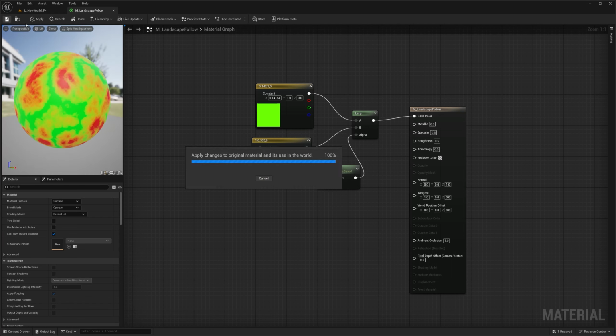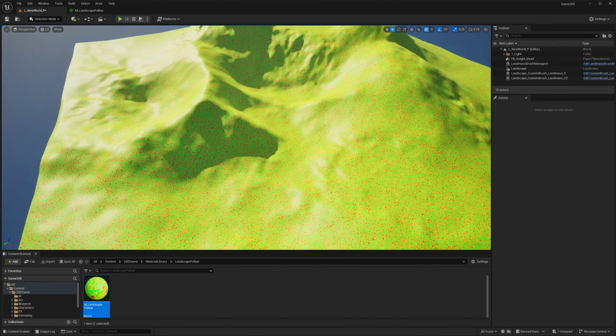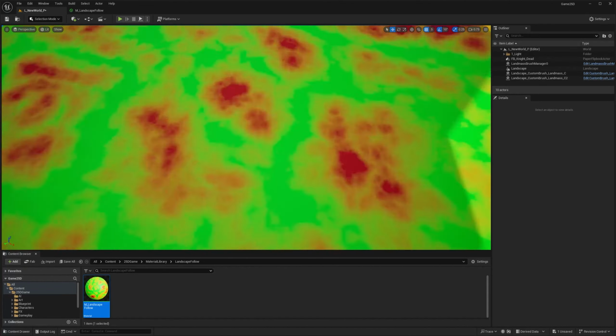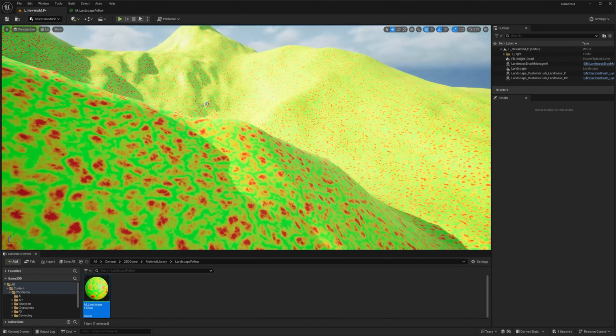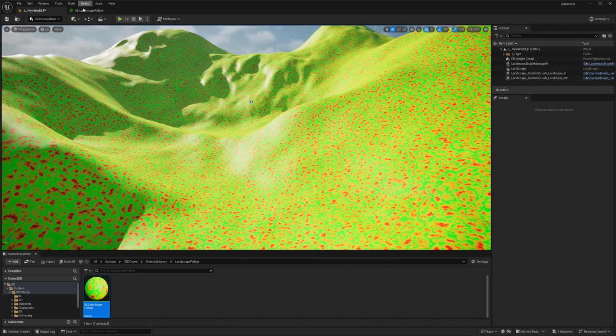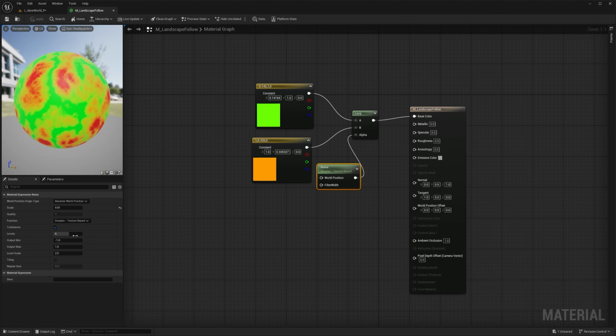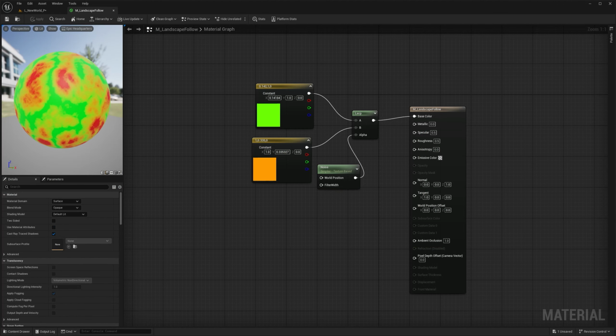If I save it, and I see it, and if I get very close, you can see that detail applying everywhere. That's not really what I want, and that's not really how I want to approach this, but the logic underneath is the same. I need to make a way to mask something based on the levels of slope in the landscape instead of just a texture. So how exactly should I approach that?